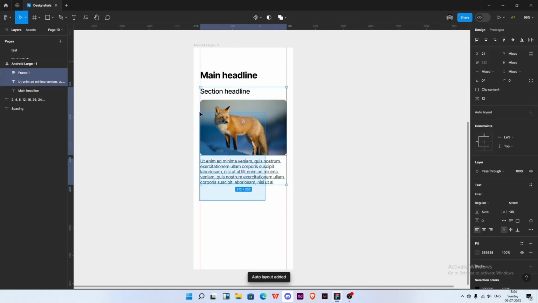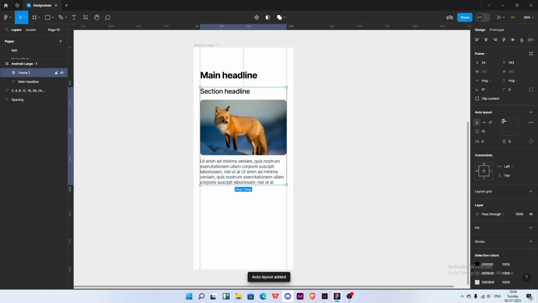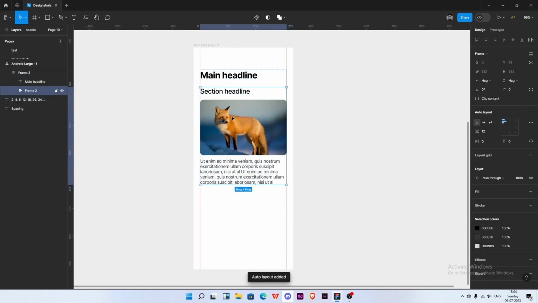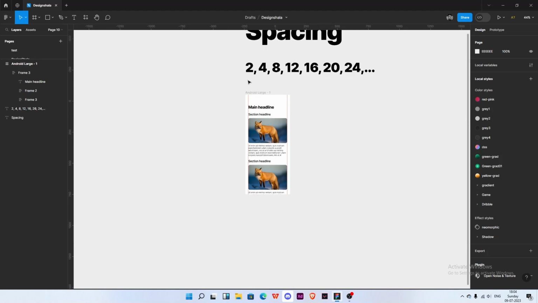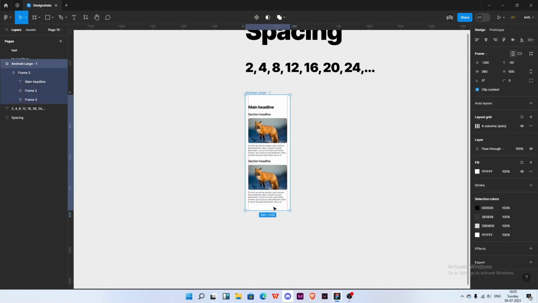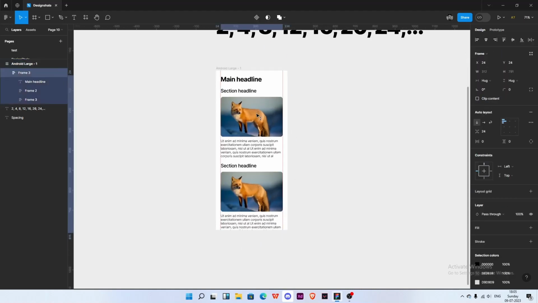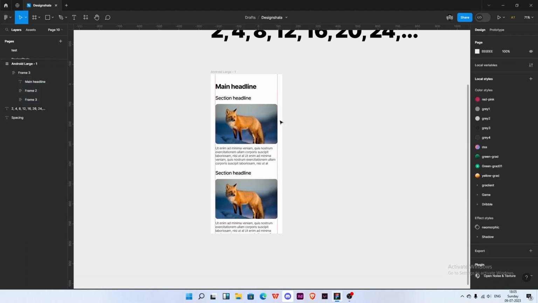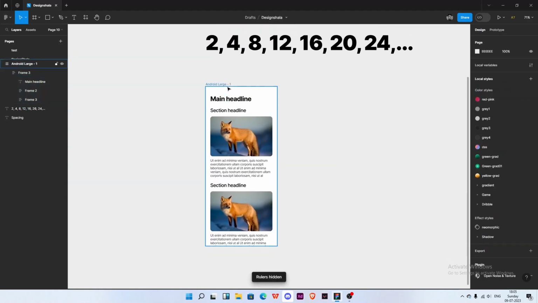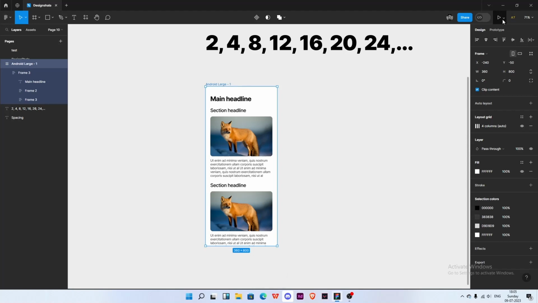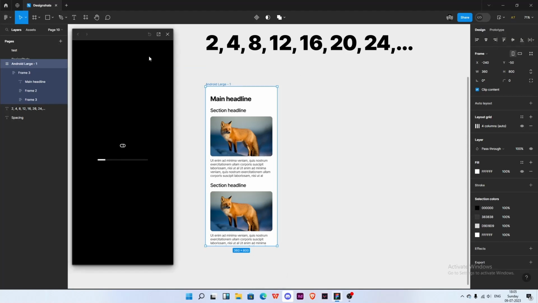Make it auto layout, auto layout, auto layout, right? Same thing. Now in this way you can create a very better and good looking design, right? Select this one and just adjust this thing, right? Hide the ruler. Now let me preview this artboard,